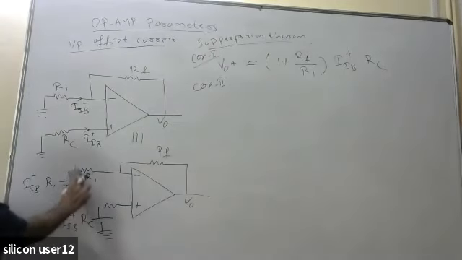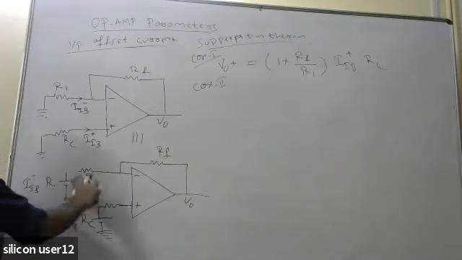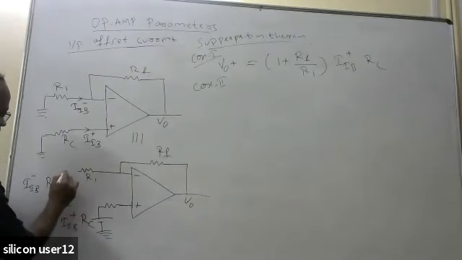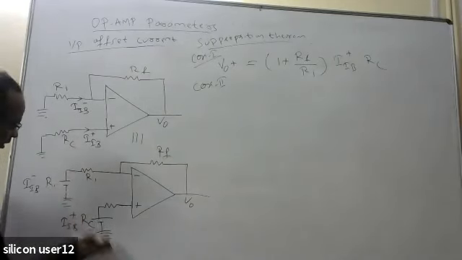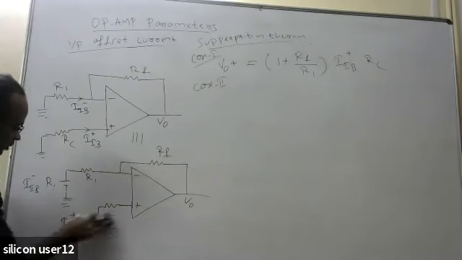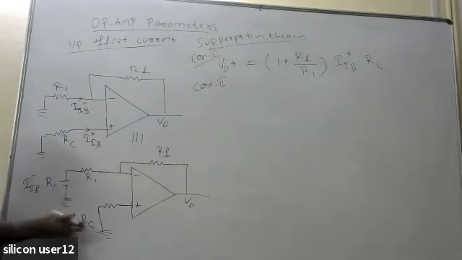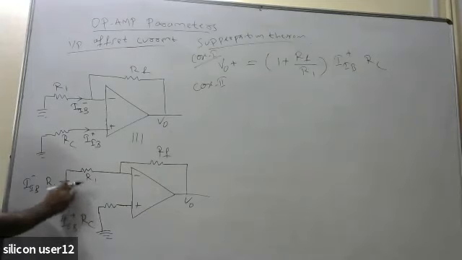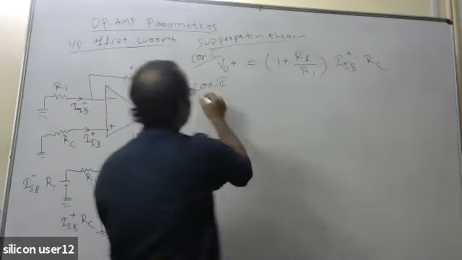Case 2 means let it be connected as it is. The other part is 0. Okay, so that means assume that this part is not there. It is directly connected to 0. So now, assume this is 0, which means this is just an inverting configuration. So in the inverting configuration, what is the output?